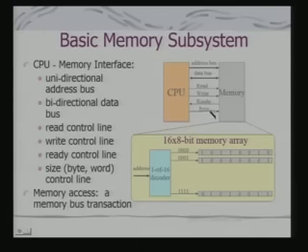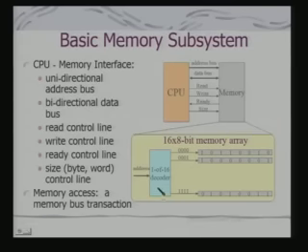The size indicates the number of bytes that are expected to be transferred through one read or write cycle. So, effectively a memory access, what we call, is a bus transaction, and the nature of the bus transaction can in many cases be defined by a finite state machine. So, here we are showing how this decoding can take place. There will be an address, it will be decoded, and individual words in the memory will be selected.